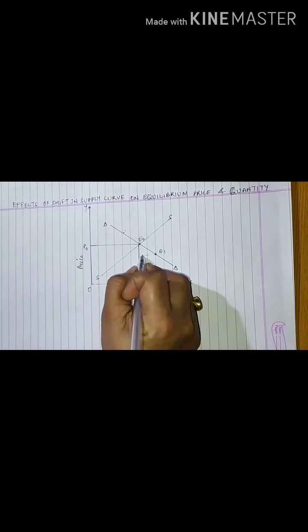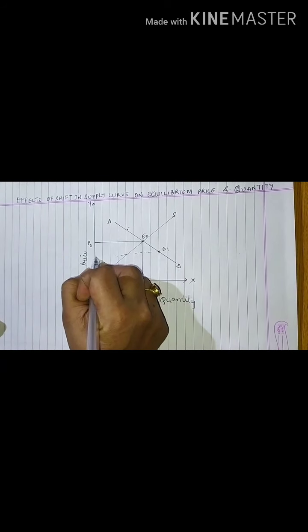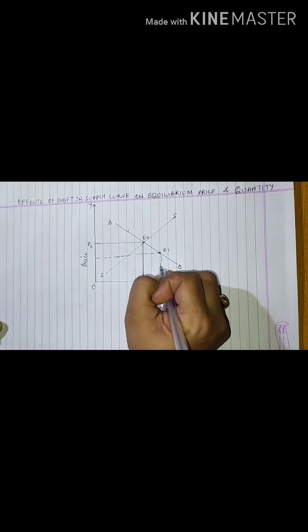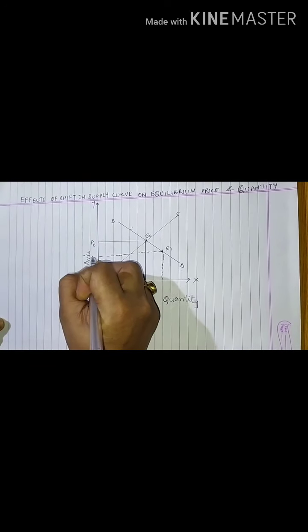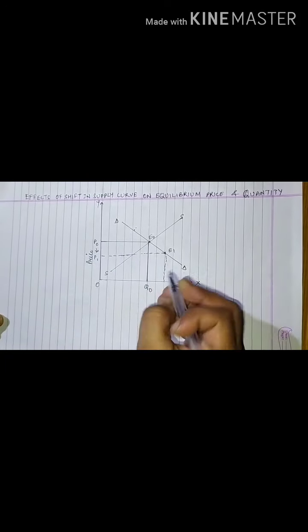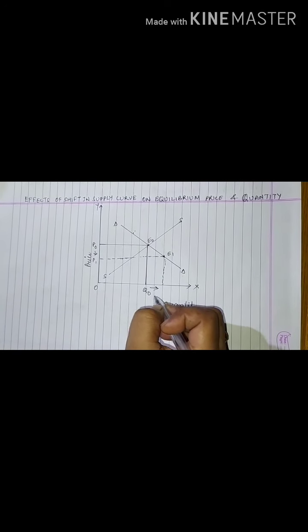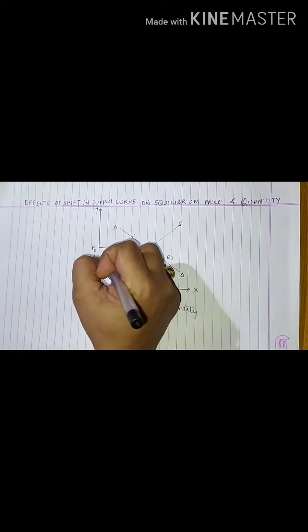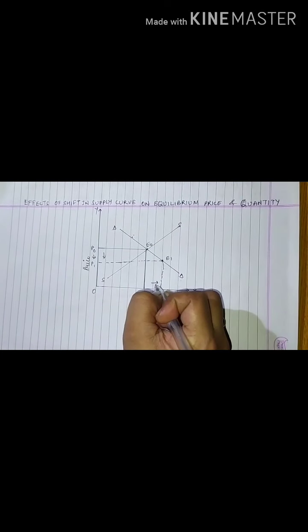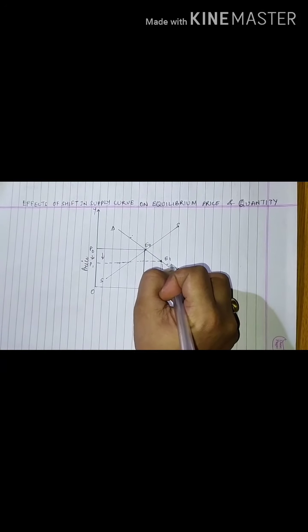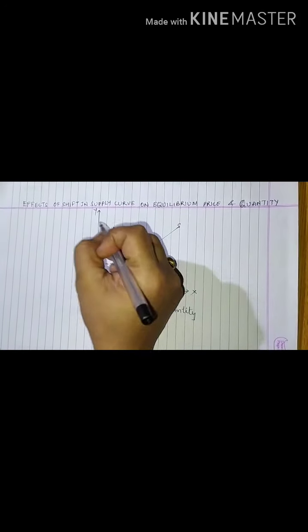Now I will touch the dots and see what situation is arising. Just check out the situation on the x-axis and y-axis. You can see the price is reduced, and quantity is increased. So this is the effect. Price reduced and quantity increased, and my equilibrium price has come down. Fine. So that is what it is.